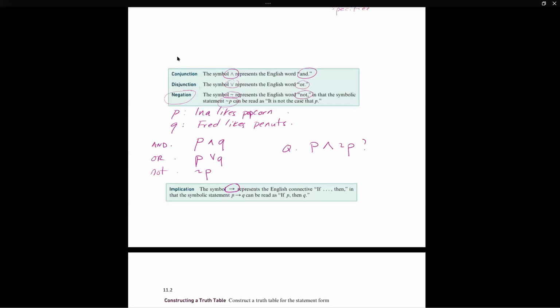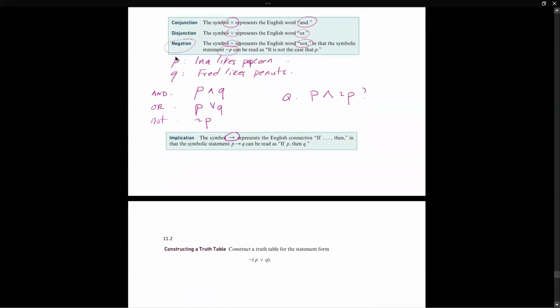All right, so let's do some other examples so we understand a little bit more of this. Then we talk about the truth tables. Let's say, let's denote the statement W. You know, it doesn't mean that P and Q have to be used all the time.